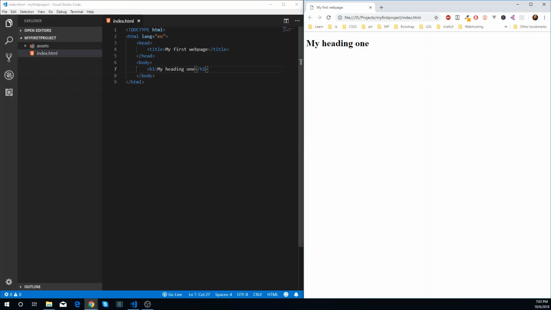Just so you know, in HTML there are 6 heading tags. H1 is the largest and H6 is the smallest. So let's make some muscle memory and type all of these in. Hit enter here and type H2 tab and write my heading 2. On my keyboard, the end key will jump to the end of the line, and I'm going to hit enter and write H3 tab my heading 3